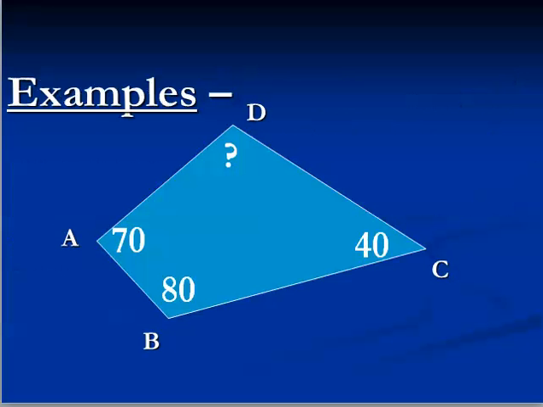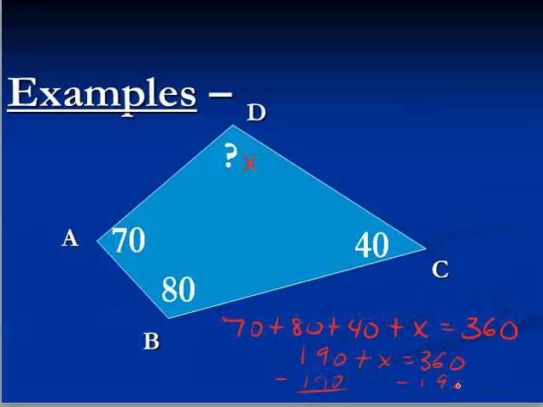For example, we have quadrilateral ABCD. Angle A is 70. Angle B is 80, angle C is 40, and angle D is missing. So I'm going to call angle D X. If I add these up, 70 plus 80 plus 40 plus X, all 4 of them, should add up to 360 degrees. 70 plus 80 is 150, plus 40 is 190, plus X equals 360. To find the measure of the missing angle, we're going to subtract 190 degrees. And we'll get that X is 170 degrees,